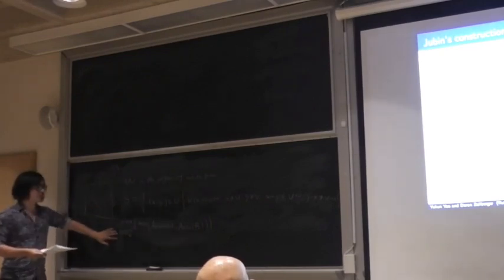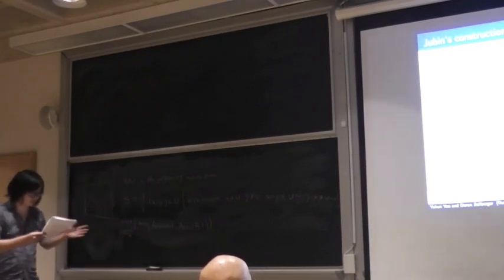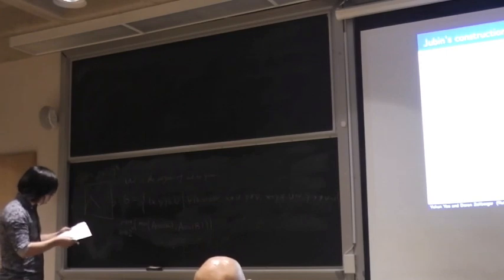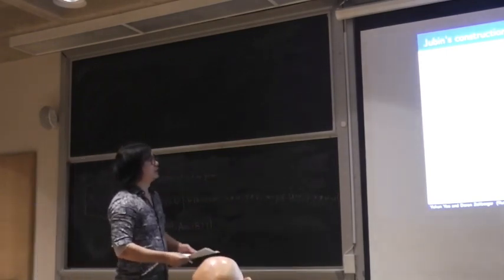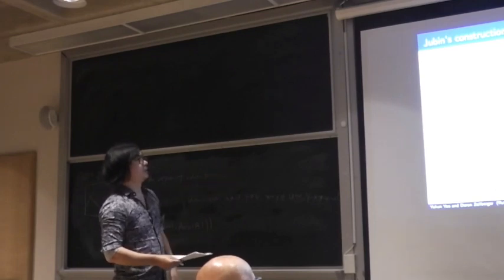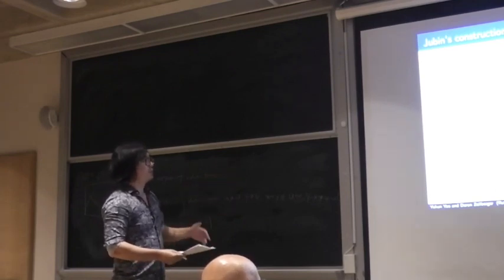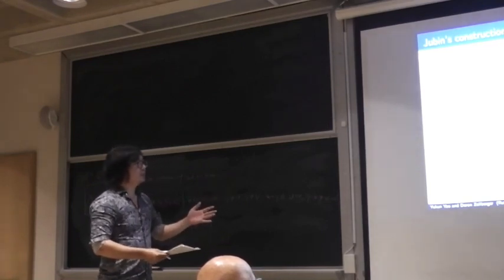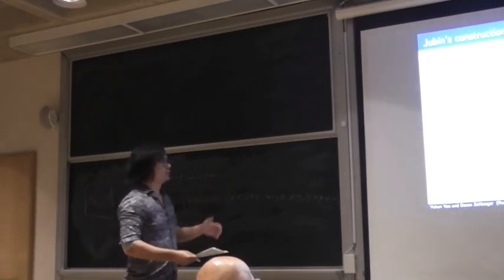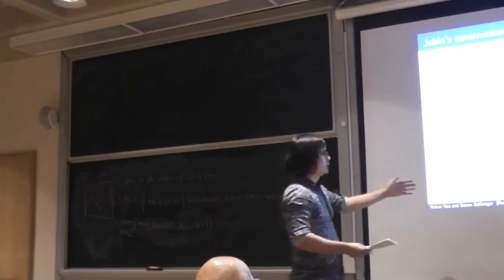So this is our goal in this problem. First, let's look at Jubin's construction. We cannot prove this is indeed an optimal one, but we can show this is a local optimal case. It means that we assume these two regions have similar